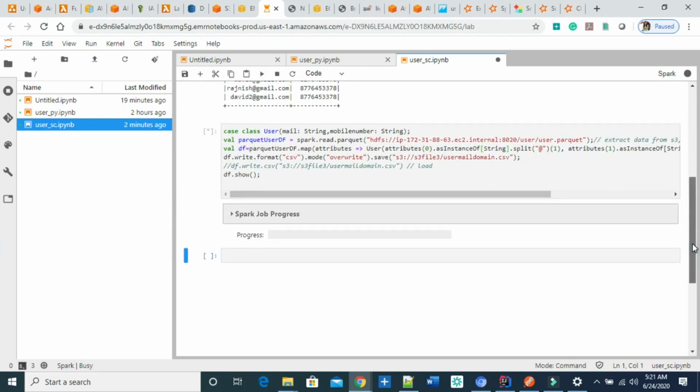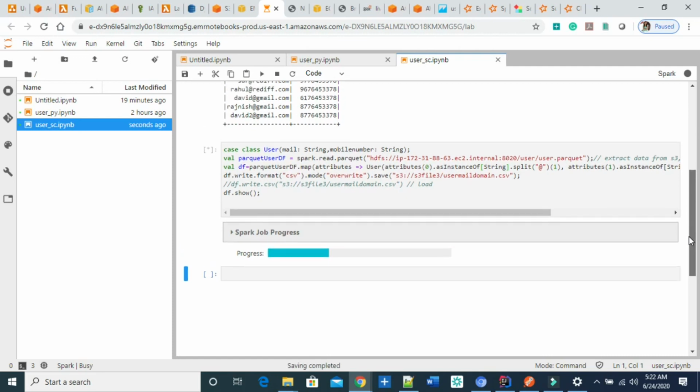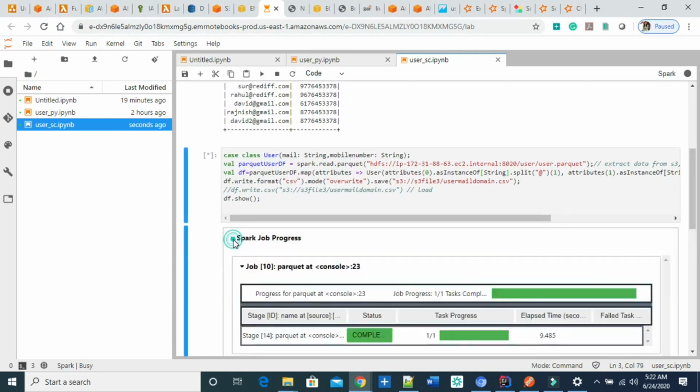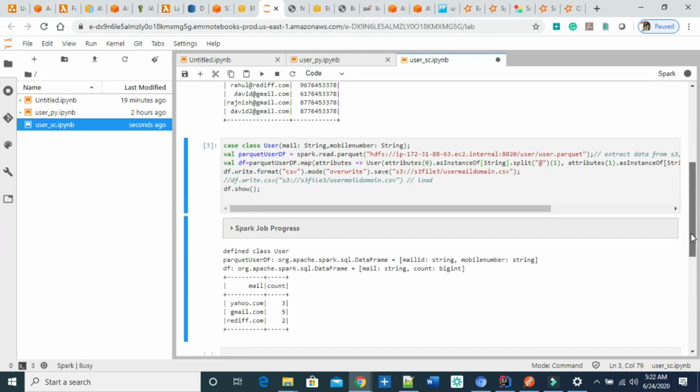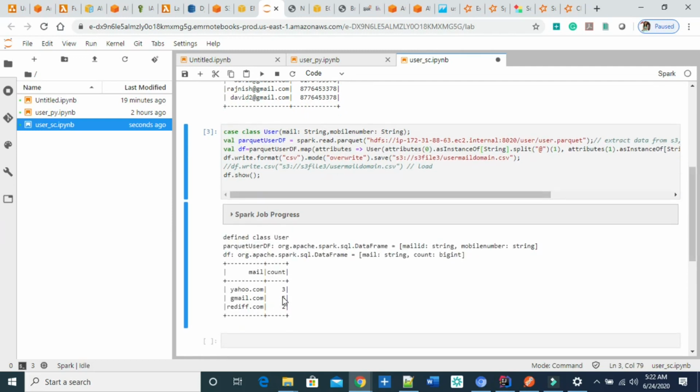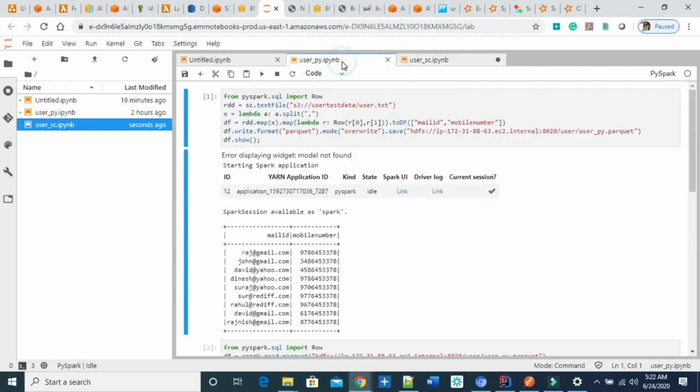So I think David 2 has Gmail, so the Gmail count will increase. I think previously we had 4. Now check what comes. The job is running, so you can see. Yes, previously the Gmail count was 4. Now it's 5. You can check also here because I'm writing the same code in